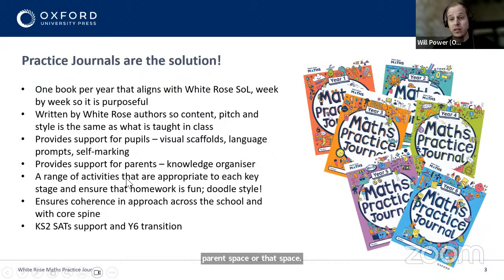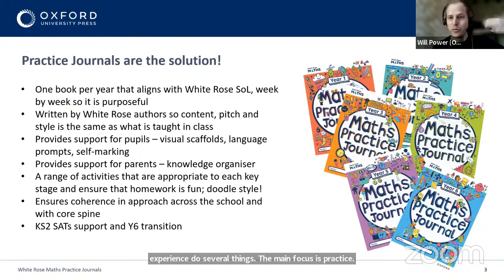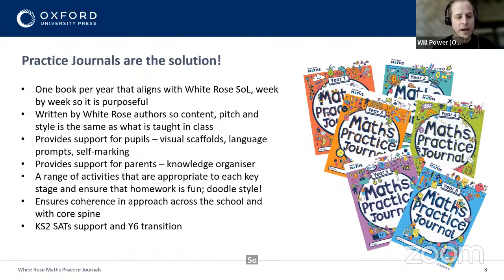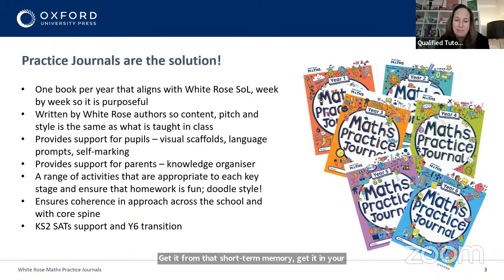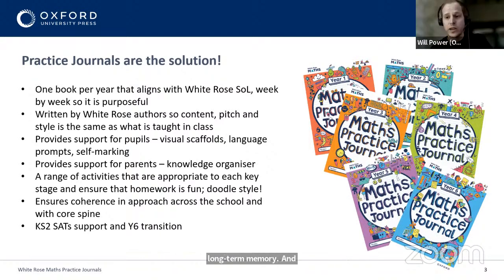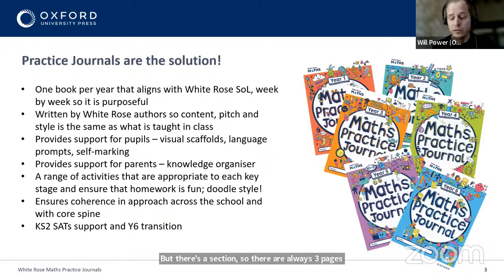What we've tried to do is make the homework experience do several things. The main focus is practice. I always call it airtime. Give your kids the airtime to do the questions, get it from that short-term memory into your long-term memory. So the bulk of the questions are fluency practice. But they're always 3 pages: 2 pages of practice, and then the third page is a mixture of different activities, some which won't involve any writing, and they'll encourage the child to go out into the home and